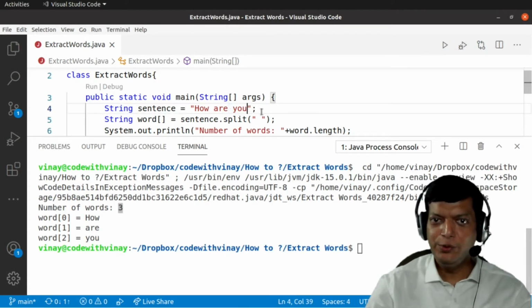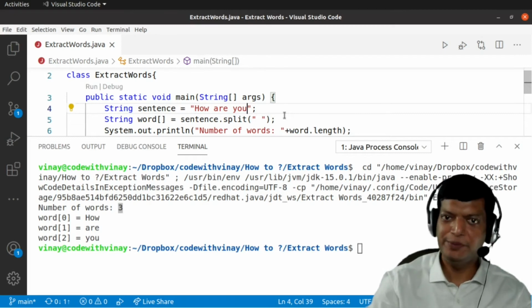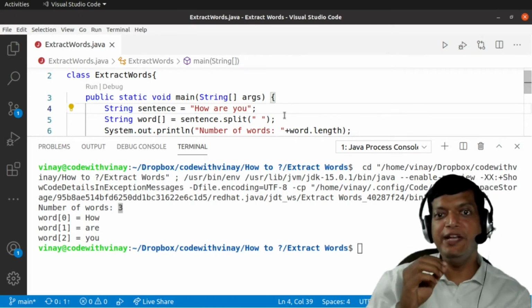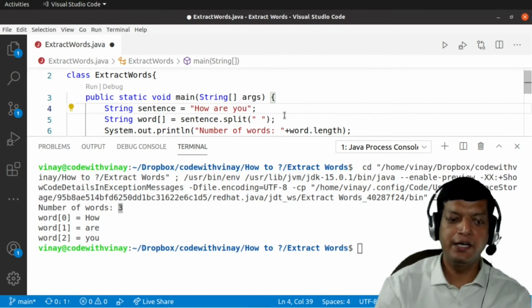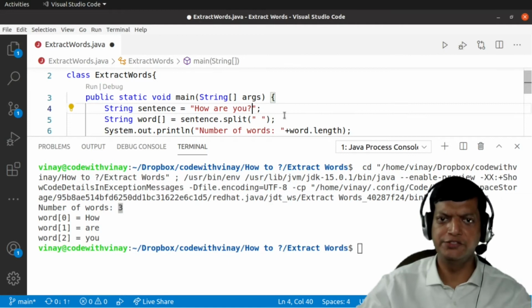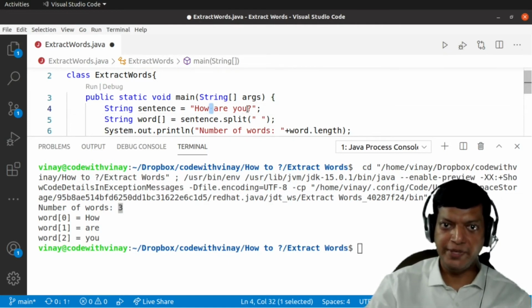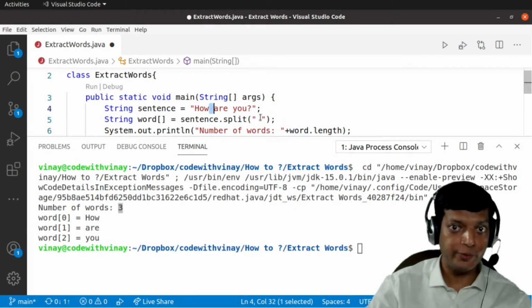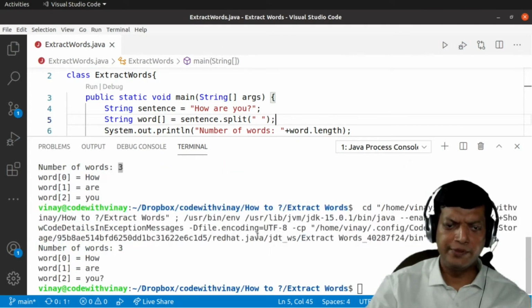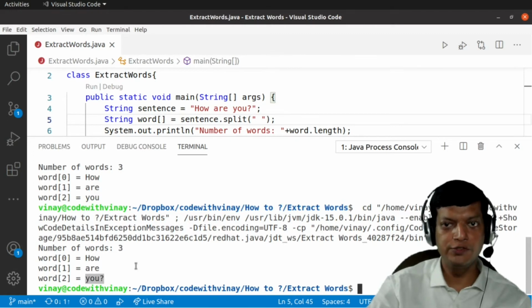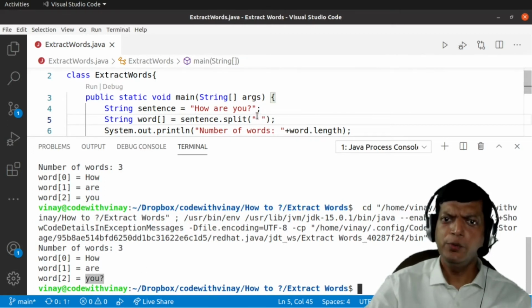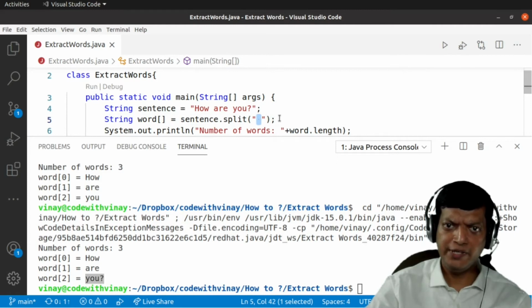And what we'll do is, just like they say in the question paper usually, that the string will end with a question mark or exclamation mark or a dot. So in this case, question mark looks better. So now we need multiple separators, either a space or a question mark, because if I run it right now with only the space over here, let me run it for you. This is what will happen. It will say how are you, but the question mark is becoming the part of the word, which is not what we want.